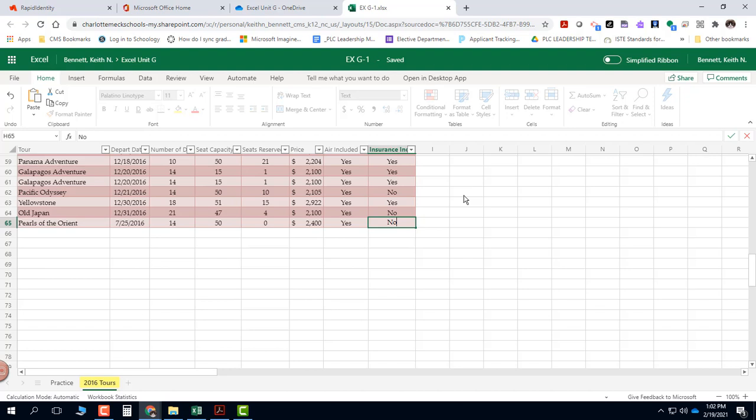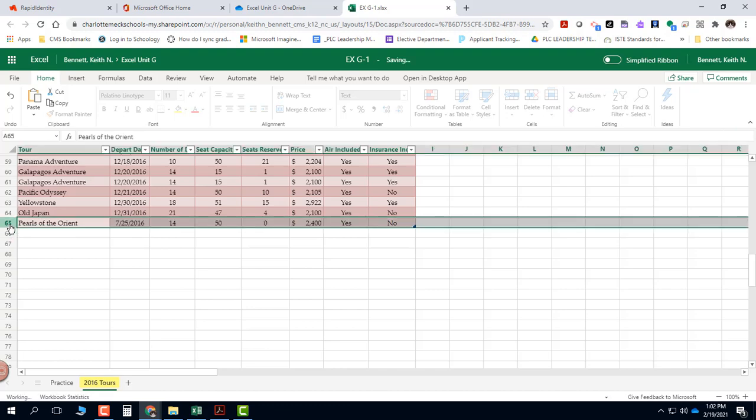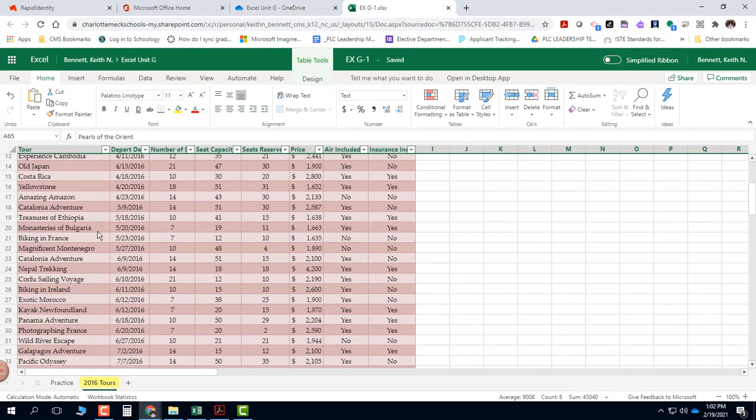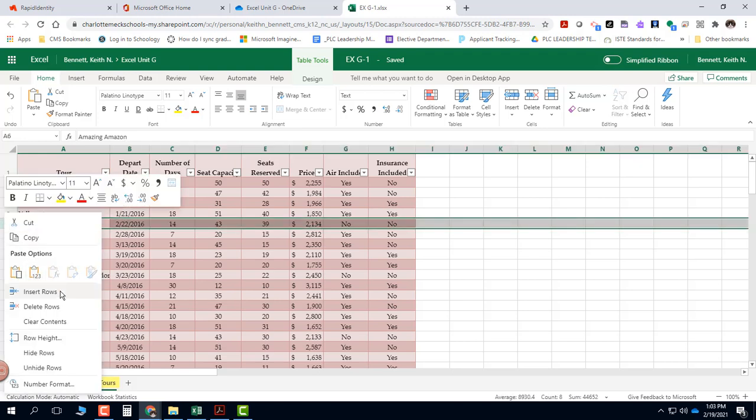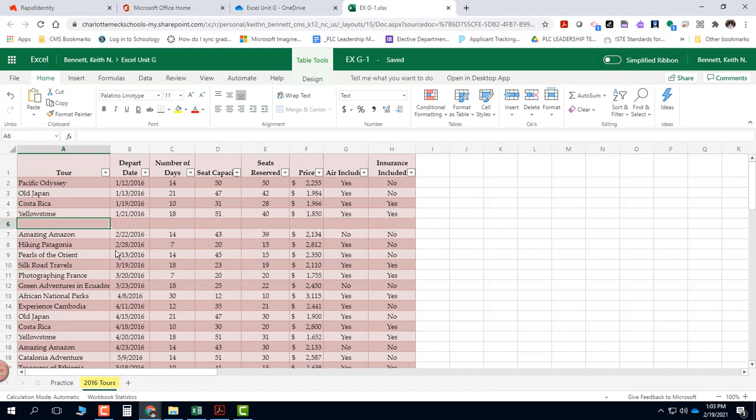Now, what if you had a table and it was already sorted in a particular order, and let's say it was a rather small table. This table currently has 64 records in it because we're using 65 rows plus one header row in row 1. What we're going to do is go to cell A6 right here and insert a new row right here. If you take your mouse and right click on top of the header for row 6 and then go to insert rows, it'll insert a new blank row here,